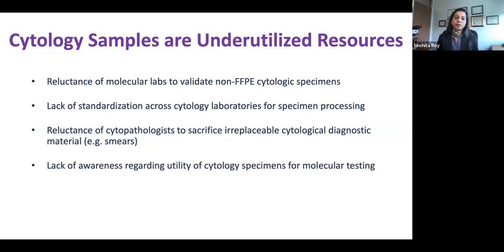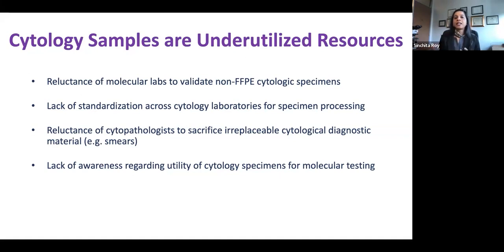And I think part of it also stems back to our cytology practices, because cytology labs tend to process their specimens in a wide variety of different ways. If you take a survey of how things are processed in different cytology labs, you'll see we have different collection media, we have different stains, we have different fixatives. And there's no standardization across cytology practices in terms of how we process it. Now, for any molecular lab who's trying to validate an assay, they need to account for all of those pre-analytic variables that you introduce every time you process specimens differently.